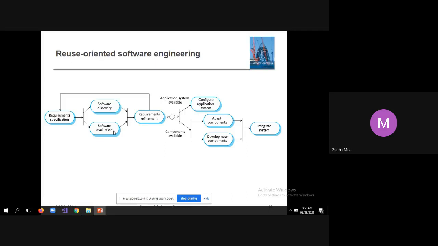And once you find, yes, there is some component which can be reused for this project, then you should do the software evaluation. So whether it can be reused or not. So if at all you want to reuse it, whether it requires any minimal changes or not. So that is called software evaluation here. So these two are mandatory steps that you have to do if at all you want to reuse the software.